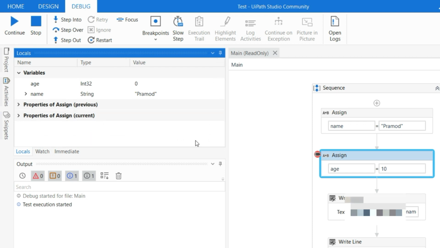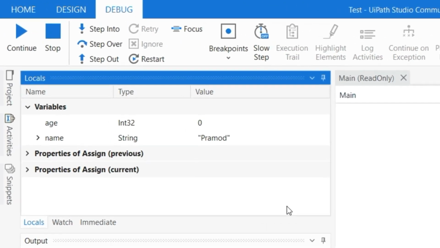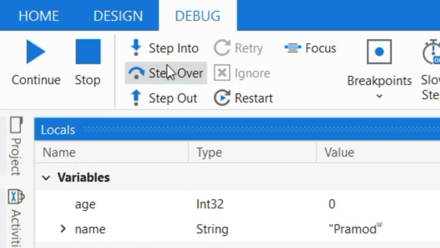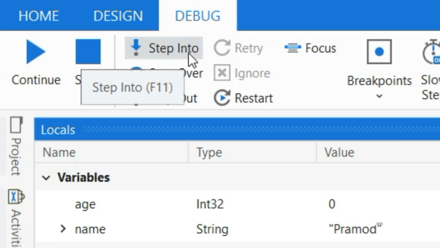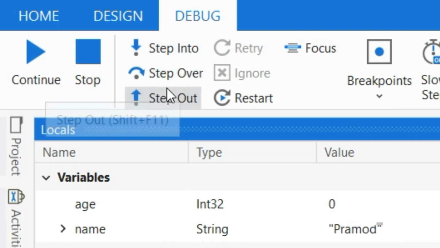Now the question is how I should go to the next one. I want UiPath to execute the next activity now. We have multiple options for this. On the Debug tab at the top, you will have multiple debug buttons. One is Step Into, another is Step Over, and the third is Step Out.